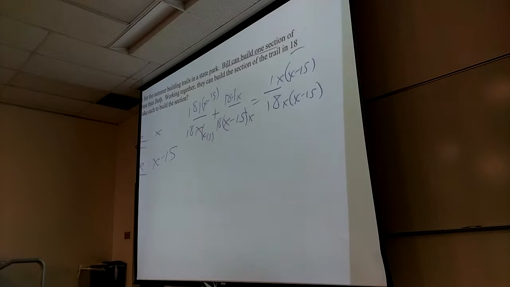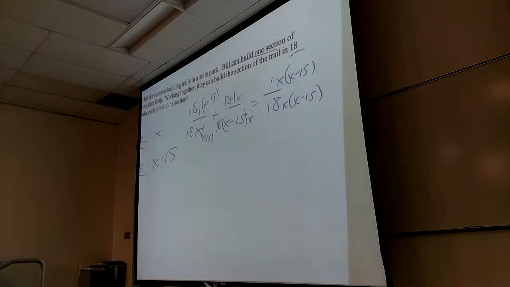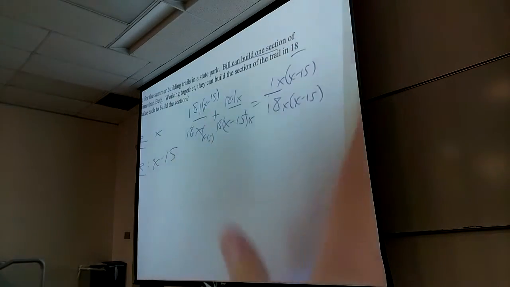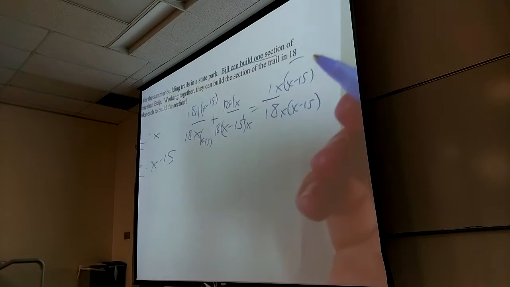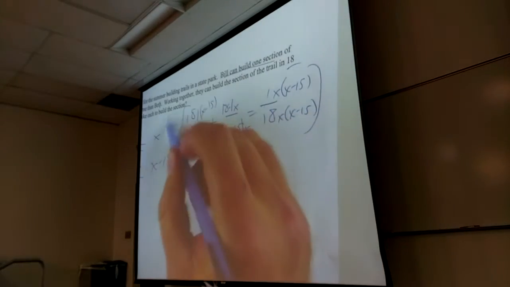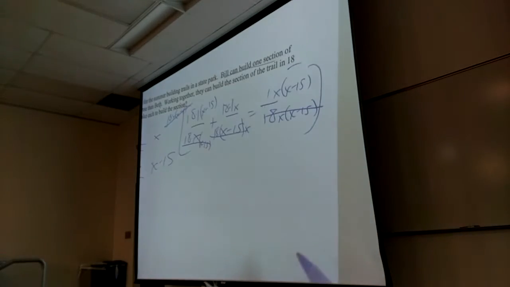So now, is that cool right there? You're just giving the parts that are missing stuff compared to the other guys, being fair. That feels nice. Normally math seems to be this evil thing, especially where I teach you killing things, which we're about to do. But right now we're being nice. Everybody gets some stuff here. Everybody got the same. So now I can kill everything, right? All the bottoms, they're all the same, so I can multiply both sides by 18x(x minus 15). Bam, bam, bam, bam. So what's left?